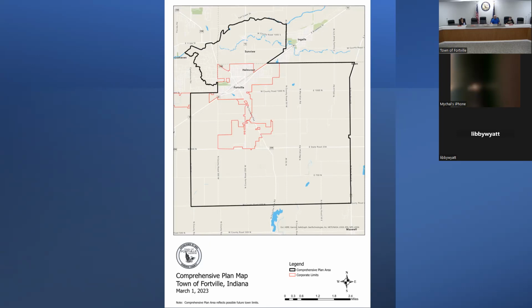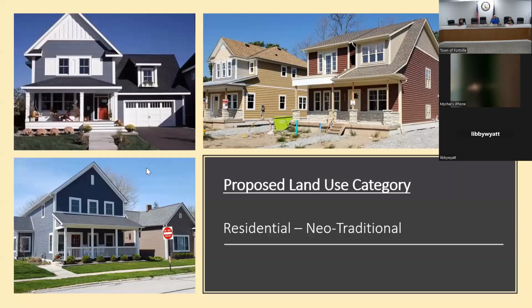What's the time frame of doing all of this? Well, the next step would be, if as a committee we're in agreement with what we're showing here, I would take the parcel maps from the three different areas, put them together, and then start putting these land uses on these particular parcels. Then we can look at parcel by parcel, and areas and corridors of the town, to see if that makes sense or not.